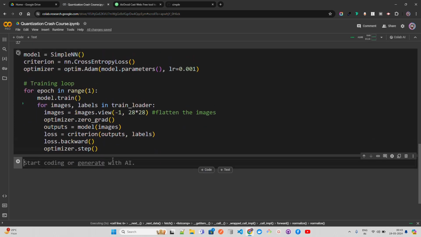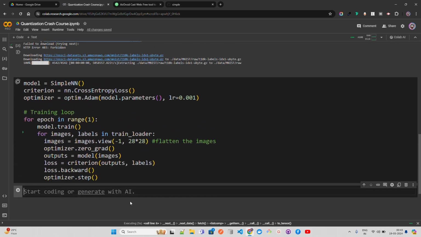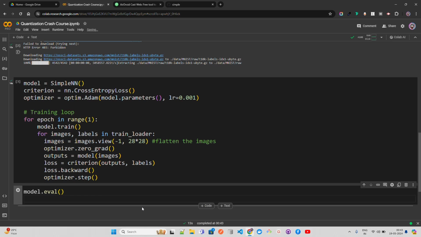And after that, we're going to do eval. We're going to set the model to inference after this. Let me do that here. I'm going to do model.eval, and when you do model.eval, this basically sets the model to inference mode. Then you can have a variable called quantized_model. Let's use torch, you can see it over here, right?